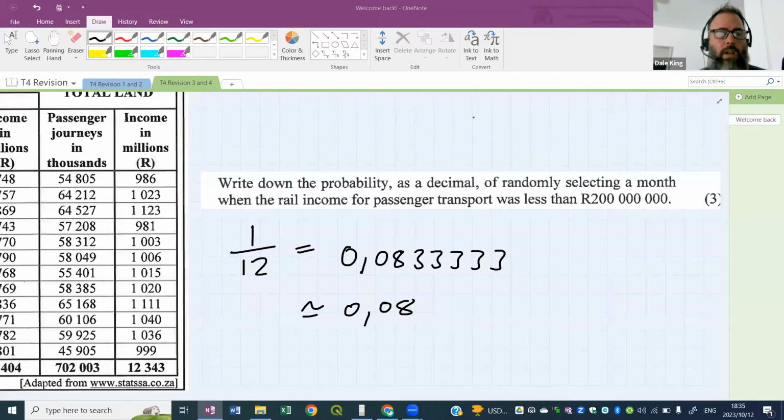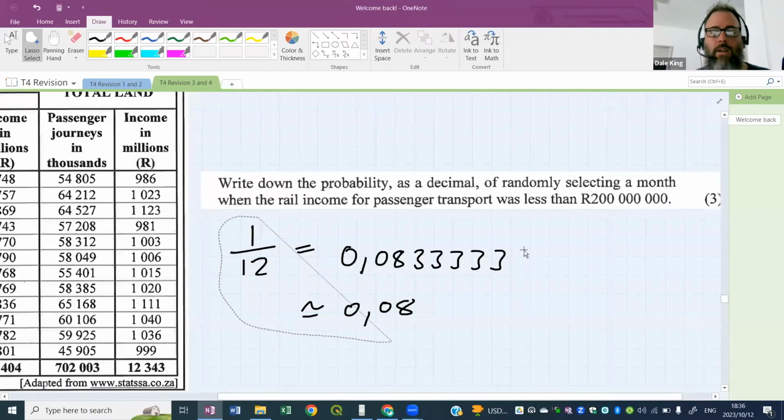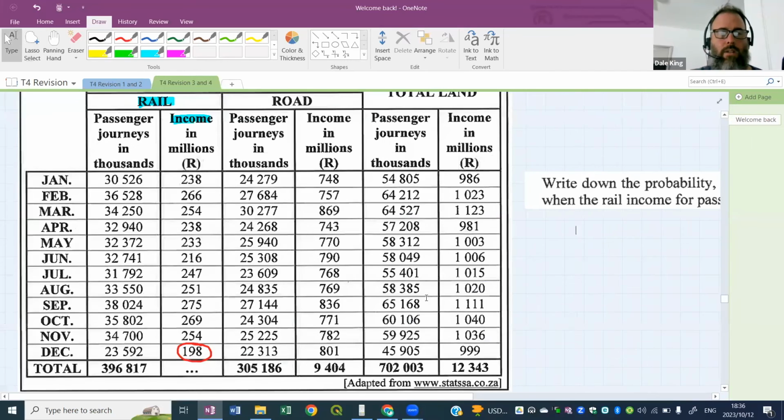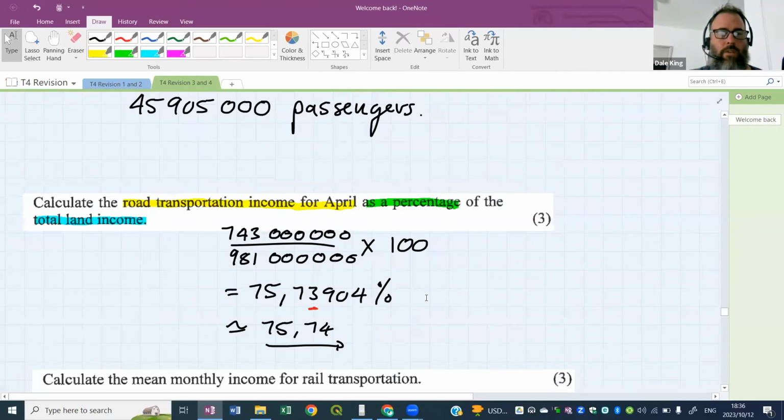All right, so it's 1 that we observed out of a possible 12, and we need to show it as a decimal. We got it done. All right, there we go. There's our answer there. Guys, remember, please, if you have any questions, feel free